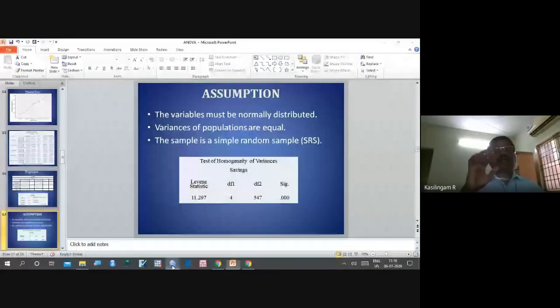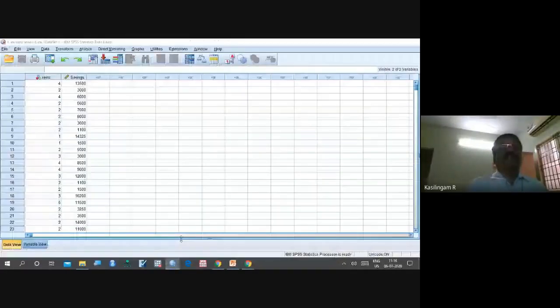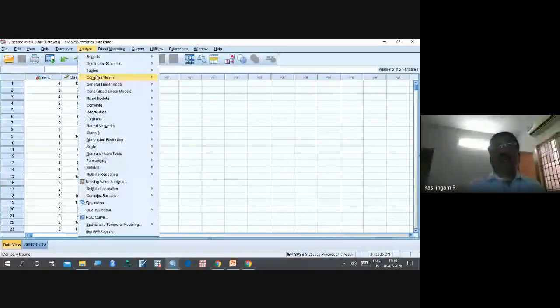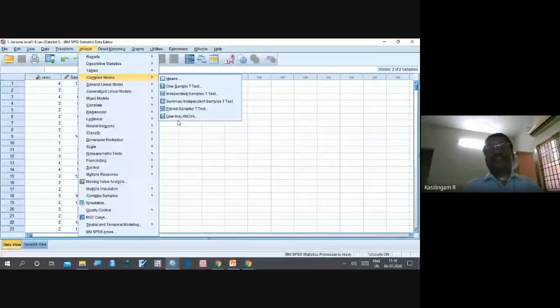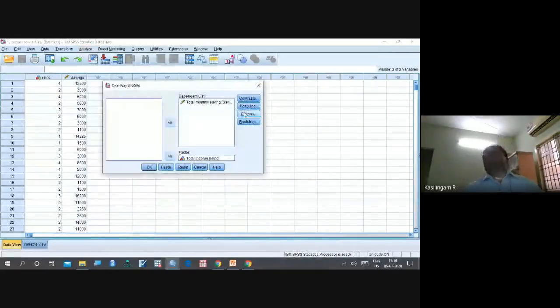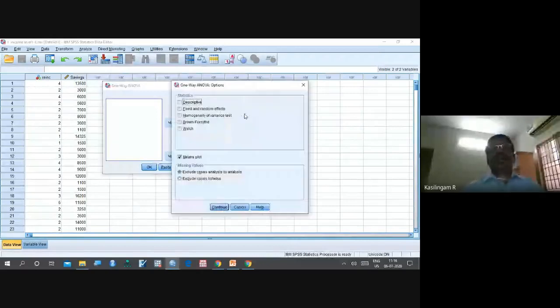I have taken the income level data. Analyze, compare means, one way ANOVA. Then here I have options. In the options, I click the homogeneity of variance test.